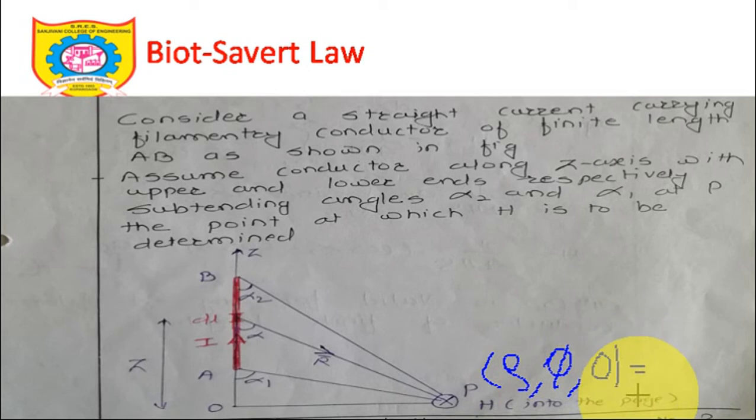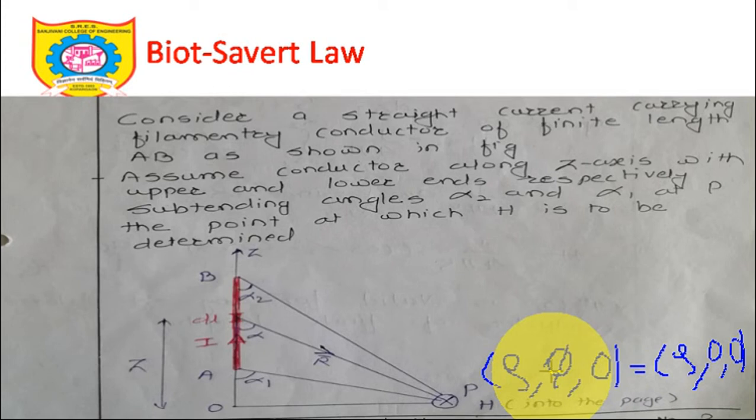Now as we did in the line charge distribution, the line charge looks the same even if I start traveling along the periphery of this cylinder. So that means dH bar is not going to vary along phi. We can assume the coordinates of point P as rho, 0, 0. Why are we assuming rho, 0, 0? Since the line charge looks the same from all directions. If I travel around in the phi direction, you know phi is the azimuthal angle, I will definitely get rho, 0, 0, as the magnetic field intensity is not going to vary along phi.